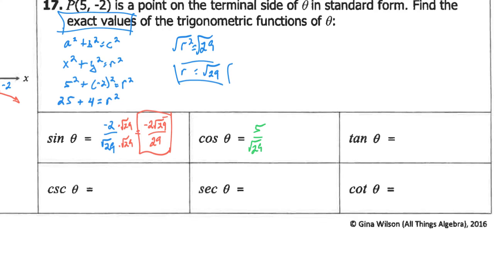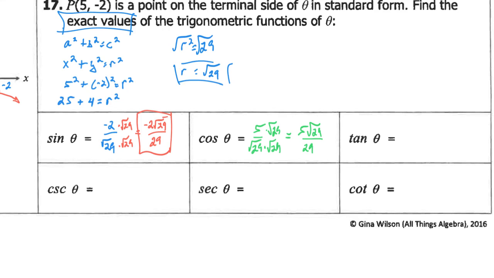Again, just like with sine, you can't leave the radical in the bottom, so you multiply both the top and the bottom by radical 29 to cancel it from the bottom. Top, you're left with 5 radical 29. On the bottom, you're left with just regular 29. So you can't reduce 5 over 29, so there you go. You're done. Okay, and then if you go to the tangent